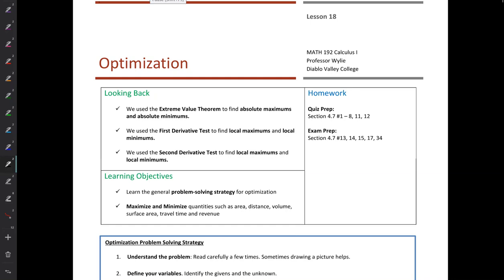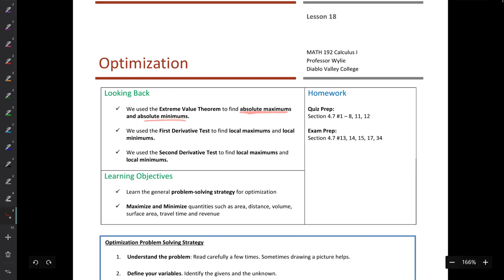In this video, we're going to be talking about optimization, which is one application of the derivative. In previous lessons, we learned the extreme value theorem. Remember, the extreme value theorem said that if a function was continuous and its domain was a closed interval, then its range would also be a closed interval. In other words, continuous functions defined on a closed interval will achieve their absolute maximum y value and their absolute